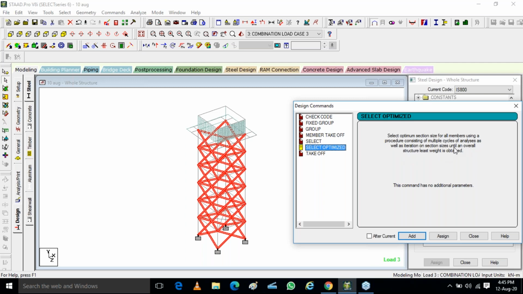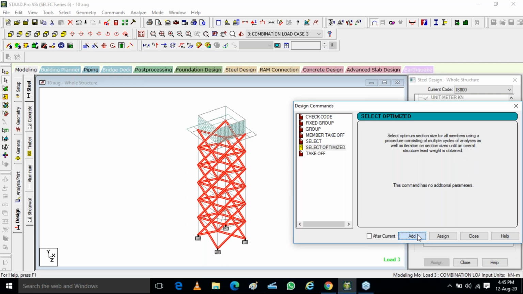It will not test the section only once. Means if my section 65/65 fails at the start, it will check for 70/70, which will pass okay. But in select optimize it will not just do 770, it will check 770, it will also check 80/80, 85/80, all these afterwards. After about 3 iterations it will do.